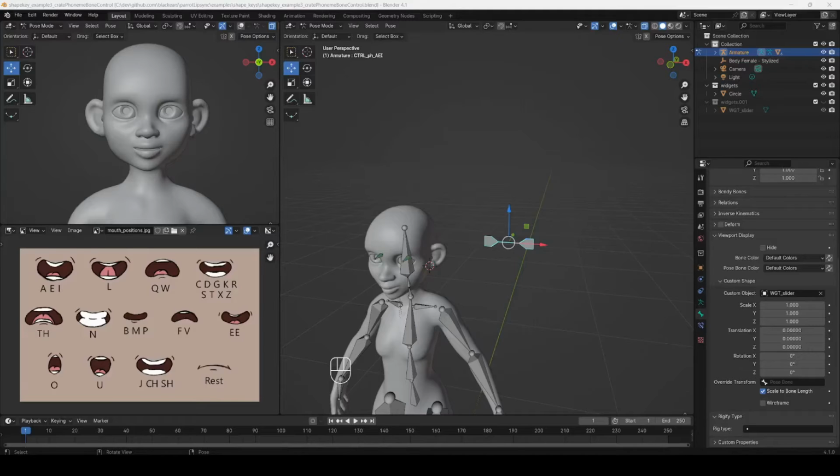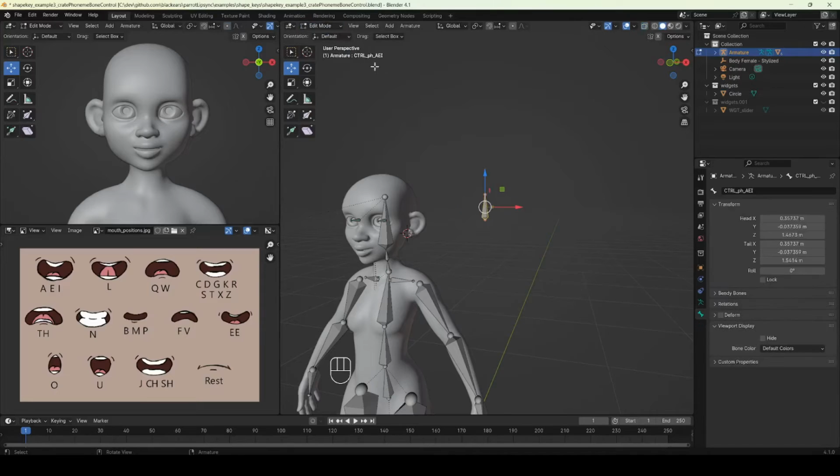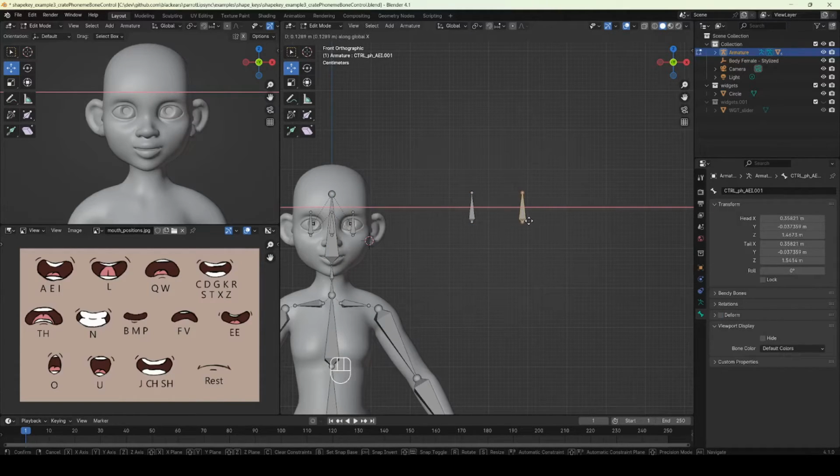Now that we've created our first bone, it's not too hard to copy and paste that and fix up some drivers in order to get your second bone. Let's go back into edit mode here and select our control bone. I'm going to press Shift D and then X to keep this constrained to the X-axis to create a new bone. Let's focus on the L mouth position now. Let's rename this guy to Control